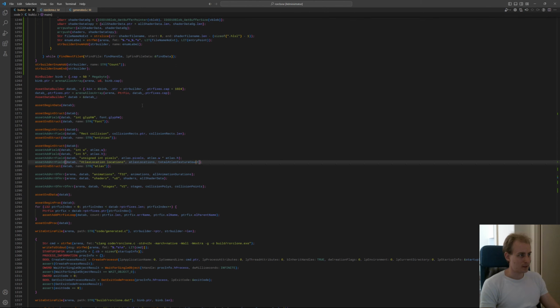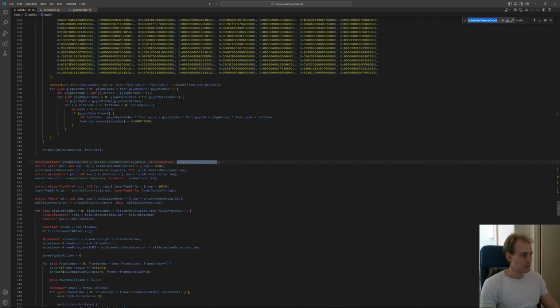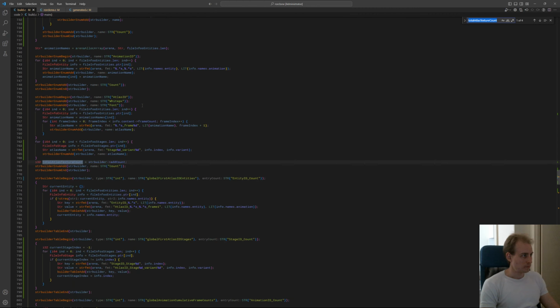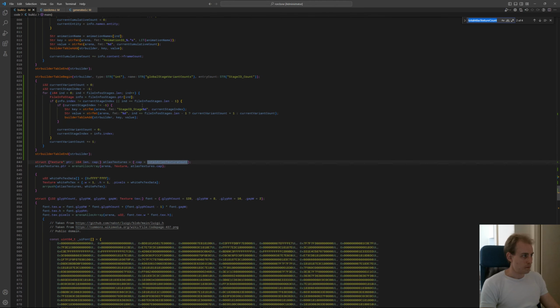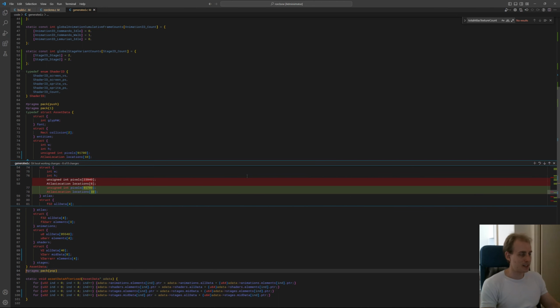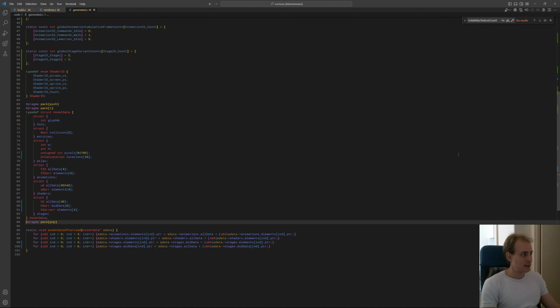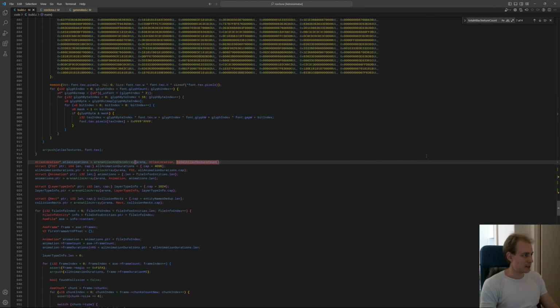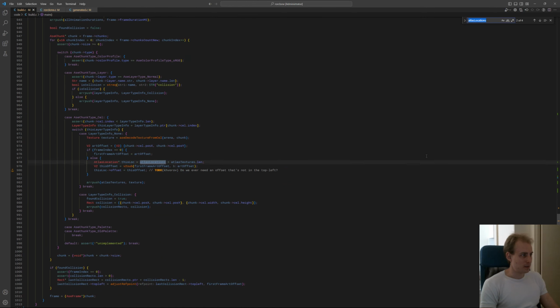Total Atlas texture count. I mean, that is correct. So in generated we should have Atlas locations, and now there's more. As it used to be 6, now there's 10 because we've just added stuff. There are more pixels as well. And those Atlas locations need to be set to the right thing. So right now,